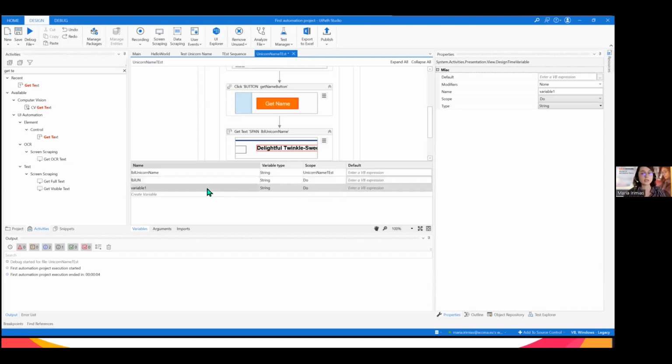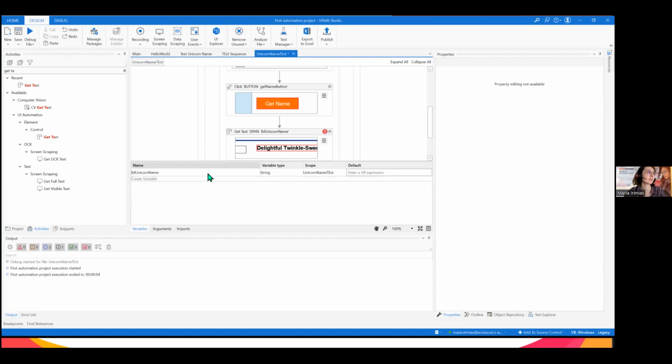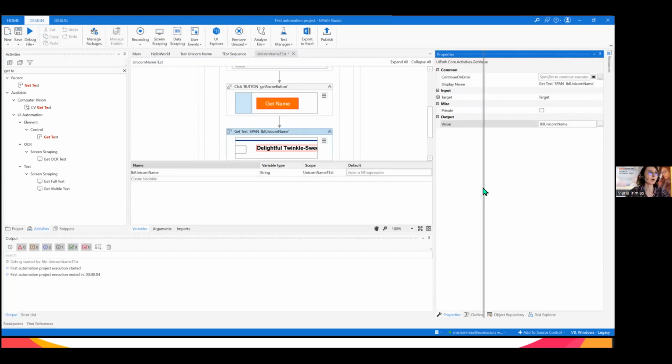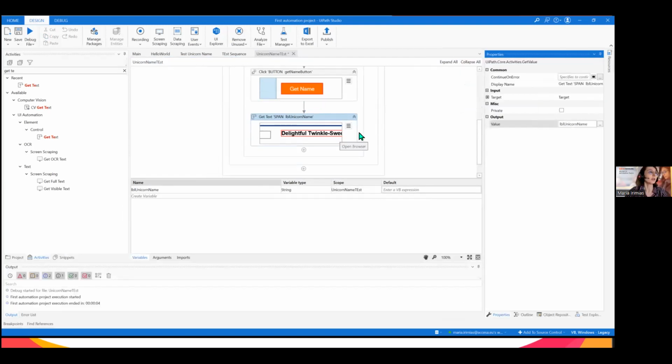In this case, I will delete these two because they were just exemplary. And what I have to do here, because it was mentioned, there is no output variable because I deleted it. I just have to make sure that I assign the correct variable. And now there is no error on the validation side. What we can see, we have obtained our name, but we have to do something with that name. Usually you will have to add another sequence to do something with it.